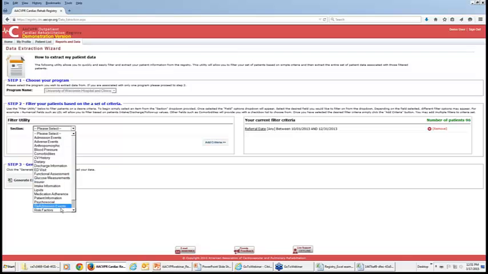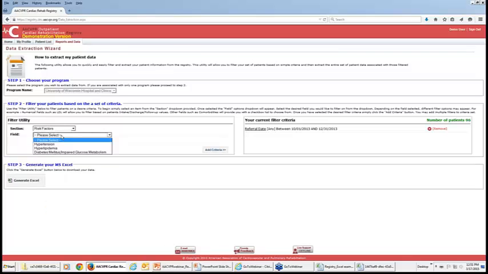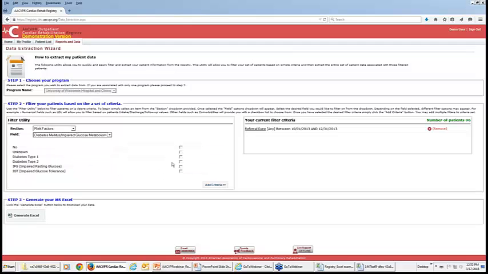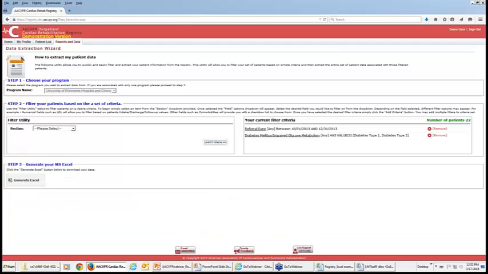So there, I would look at risk factors, and maybe I just want to look at patients who had diabetes. I'm going to check both those who had type 1 or type 2 diabetes, and I'm going to add that. And so now of the 96 patients, 22 of them had diabetes. All right? So that's a way of making your query even more specific.